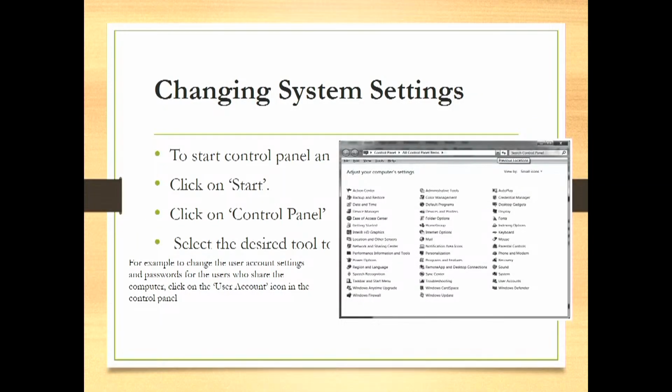Now how can I change it? Once I go to Control Panel, I can click the Start button, and a Control Panel screen, as you can see on the window, will be available. There are network options available, there are internet adapters available, there are various program helps available which you can